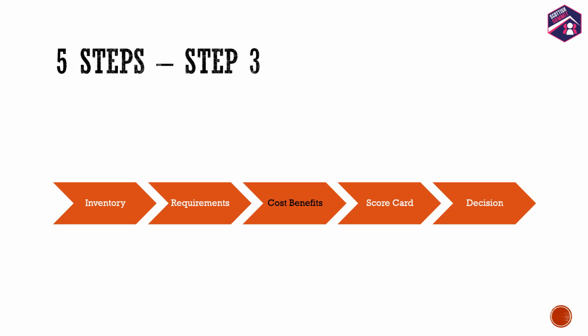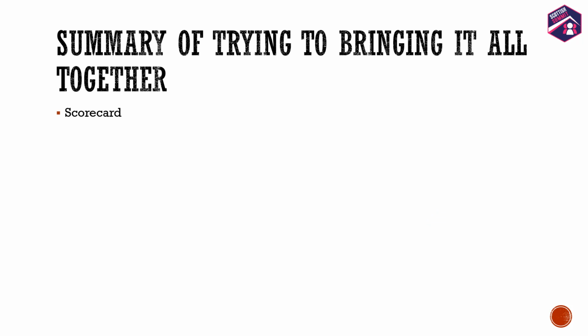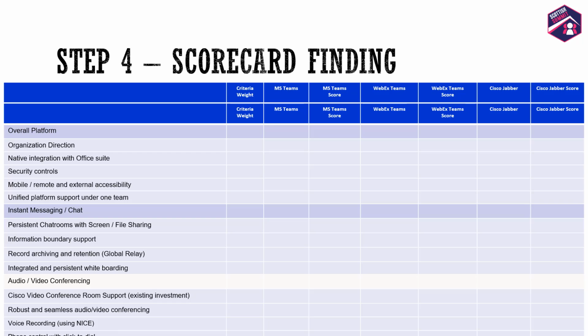So you've got your requirements. Okay, you present the cost benefits with your findings to the management, and then you want to basically scorecard this. The way we've done the scorecard, this is not rocket science, but you really want to have everything in this, and this is a discussion with the management: the Teams scoring, the WebEx, Teams and the Java as well.